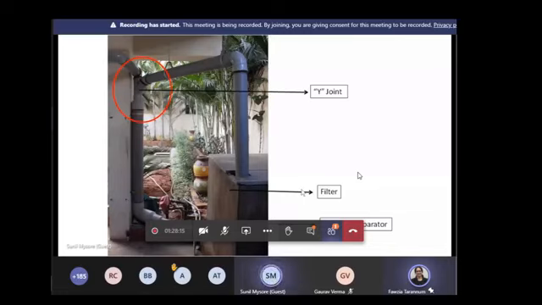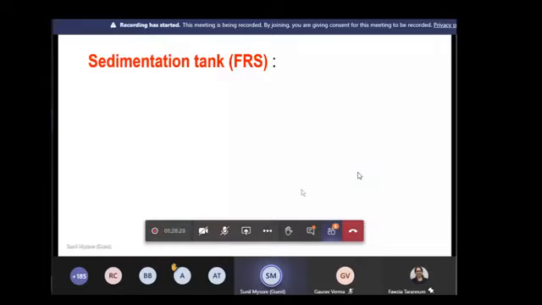Okay, thank you. The next setup after first rain separation is the sedimentation tank or settling tank. It's an extension of the first rain separation. In a residential community or an individual house, you may not get that kind of volume for first rain separation. The rule of thumb is you have to flush out at least 0.5 liters to 1 liter per square meter of roof area. Since we don't get this kind of volume, we extend it a little by using a settling tank or sedimentation tank.